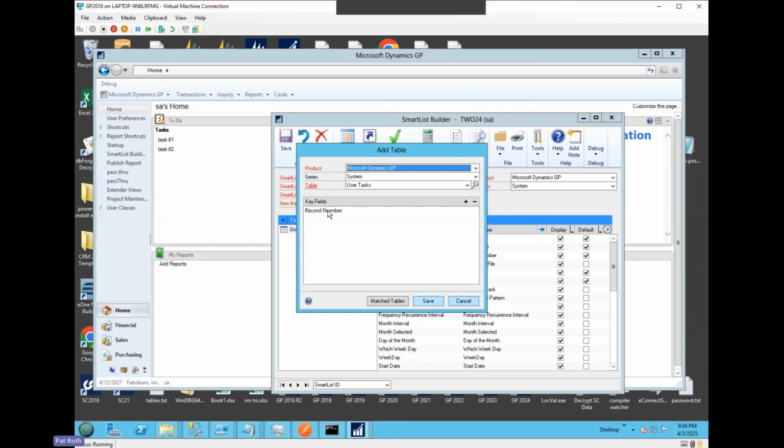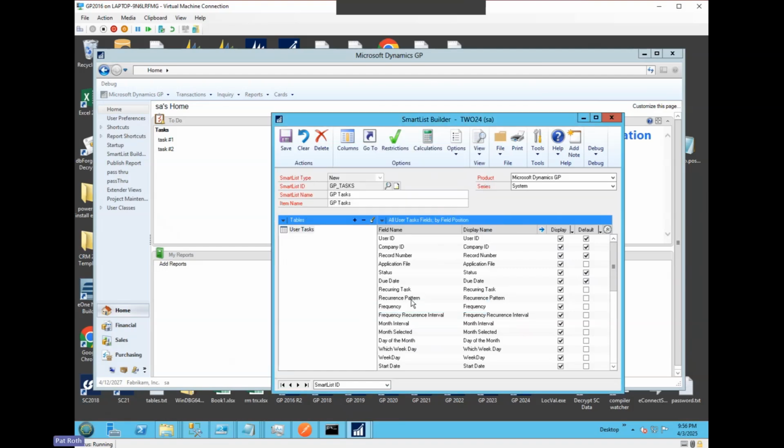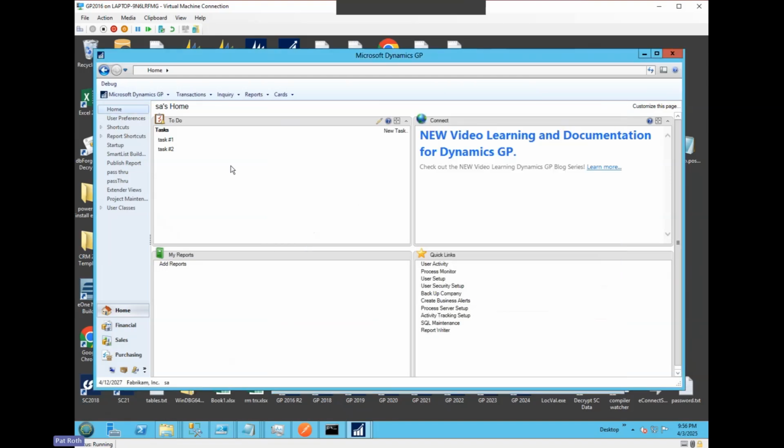So this is the PK, the primary key, this record number on the smart list. And so we might suspect that that's what the value is. I've already saved this, so if I launch my smart list,